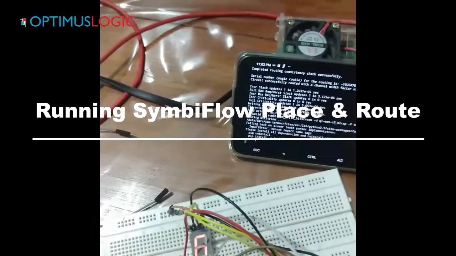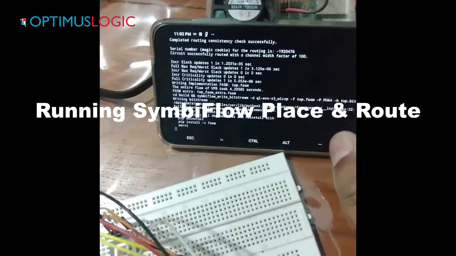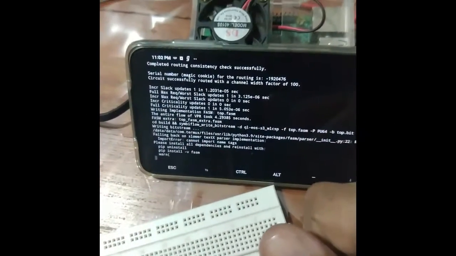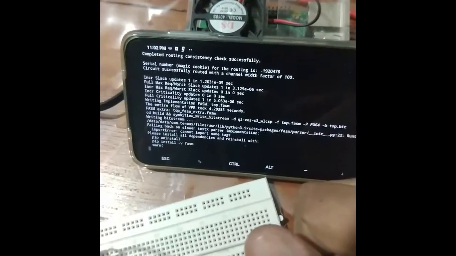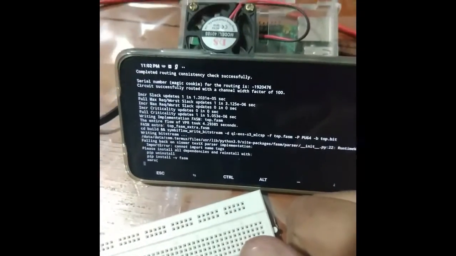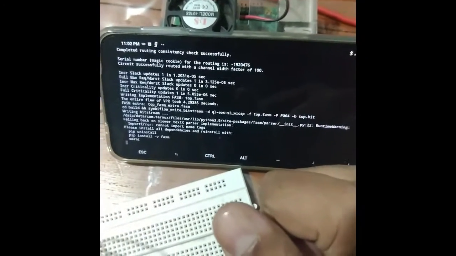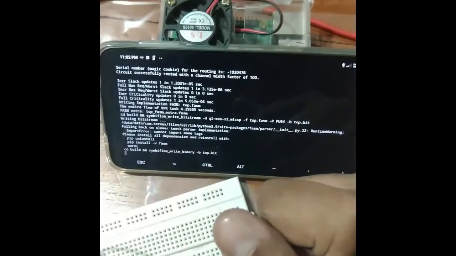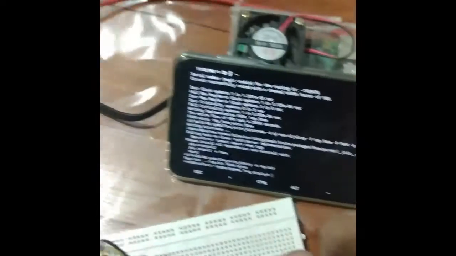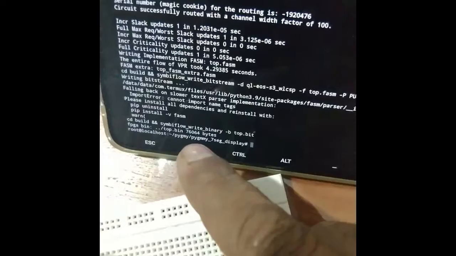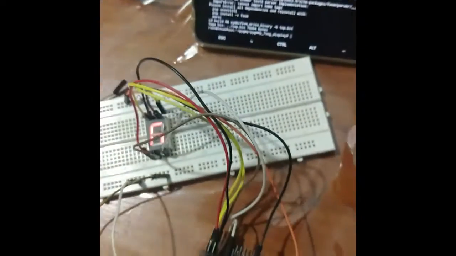So you can see that we have synthesized the design. So we're generating the bit file, right? You can see that we are writing the bit stream. So you can see how easy it is. Just use your phone, build the Verilog logic. You can also write C code on the Cortex M4 within the Pygmy. You can make hardware software co-design, and there you see that we have the top.bin here. So this is our design which we can flash.